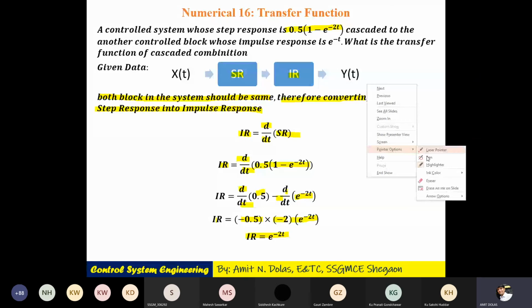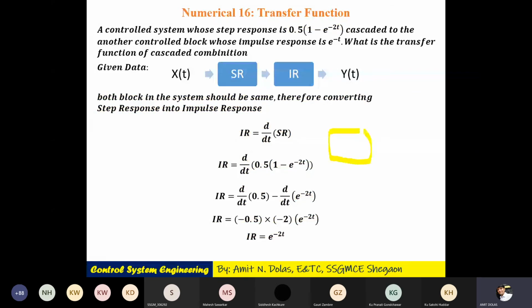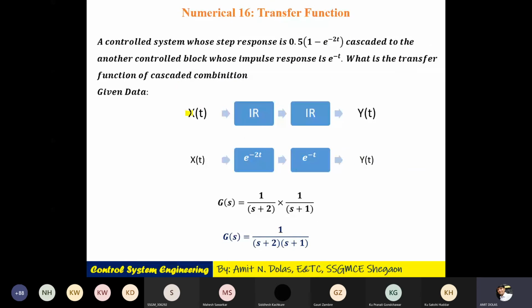Now your block is likewise, you have an impulse response, and another block is also impulse response, where first block impulse response is this, that is e raised to power minus 2t. Second block impulse response is this, e raised to power minus t. Now we may go for the transfer function. So here x of t and y of t, first block का impulse response e raised to power minus 2t जो हमने अभी अभी compute किया है. Second block का दिया हुआ है e raised to power minus t,